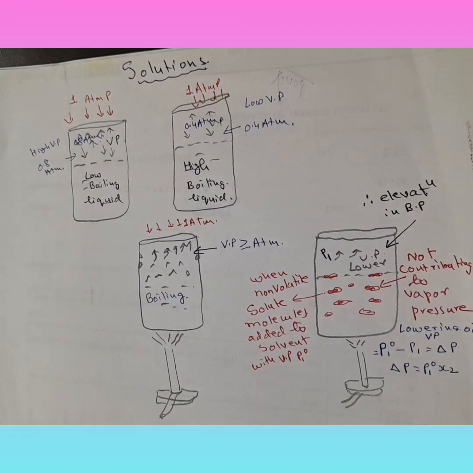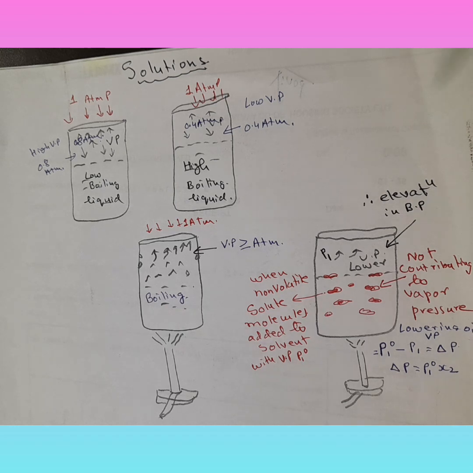Alright guys, let's get into solutions. Now, solutions deal with colligative properties. Colligative properties are those properties where there is a physical change but no chemical change. One amongst them is vapor pressure. I will deal with all those properties later on, but right now let's focus on boiling and